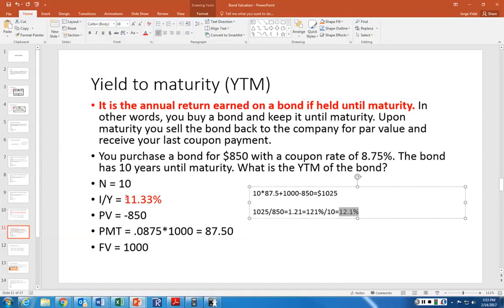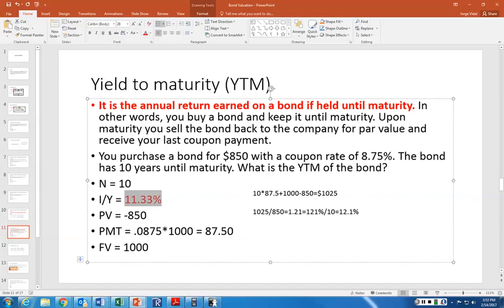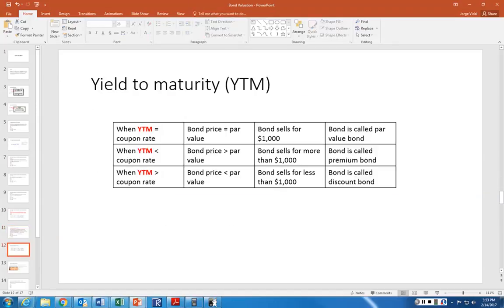Look at your real yield on the investment. It's only 11.33 because this one assumes compounding. Okay, in class, because of the numbers I used, these two numbers were almost the same, but you can see that we can make the numbers be far apart with a different bond price. Anyway,